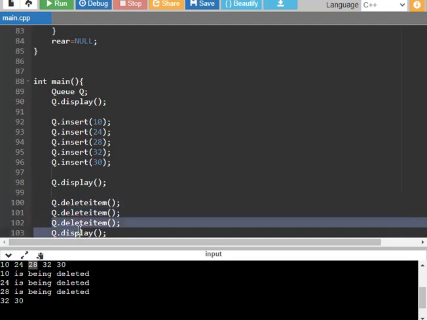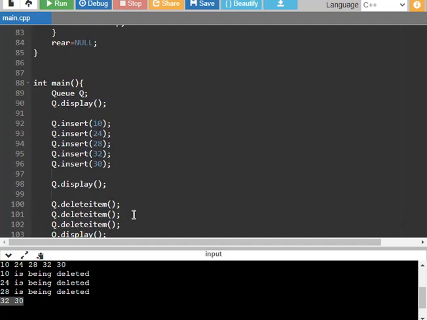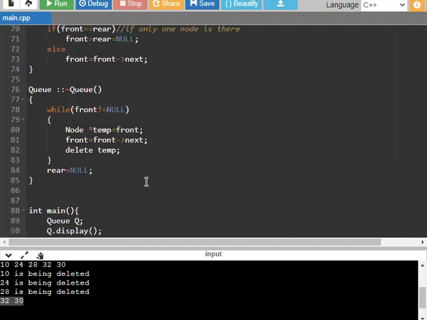The third delete item is also called, so 28 is also deleted. Then after we display the elements, only 32 and 30 are displayed in the queue. This is also one of the programs for queue using linked list.